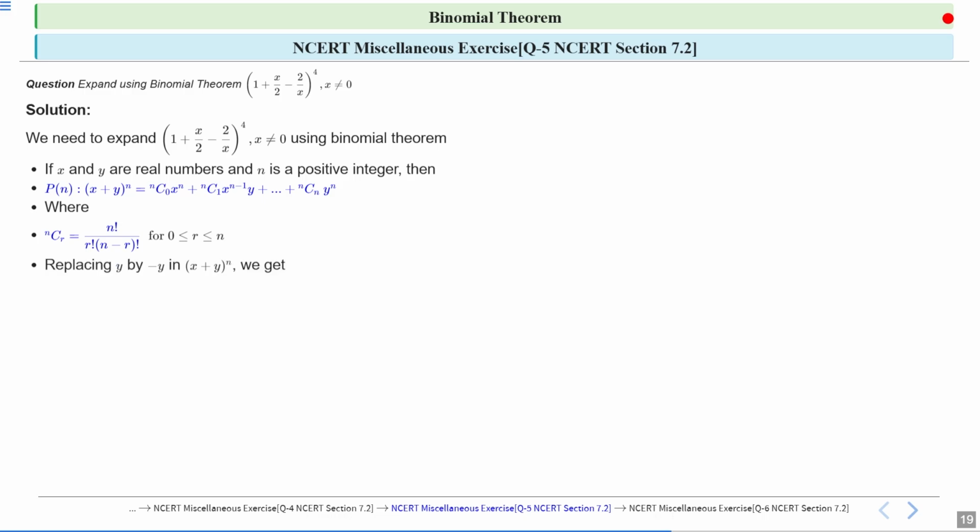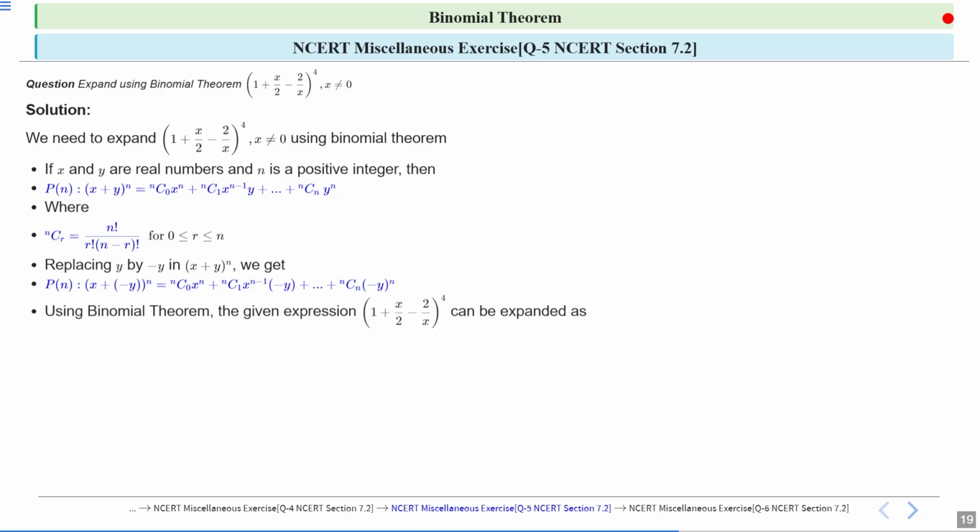Now replacing y by minus y in x plus y whole to the power n, then we get x plus minus y whole to the power n, this is nc0 x to the power n plus nc1 x to the power n minus 1 times minus y plus dot dot dot plus ncn minus y whole to the power n. Using binomial theorem, the given expression 1 plus x by 2 minus 2 upon x whole to the power 4 can be expanded as